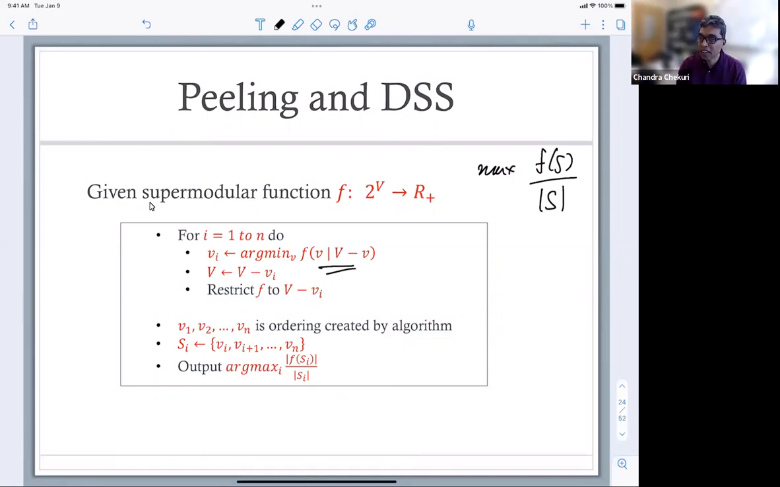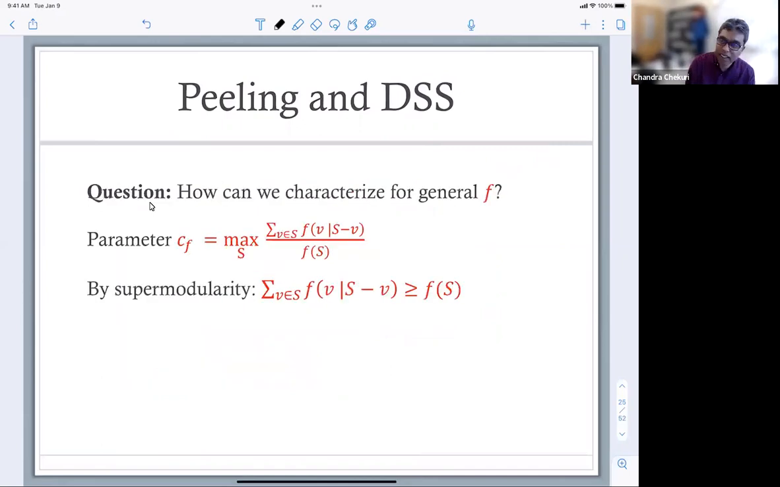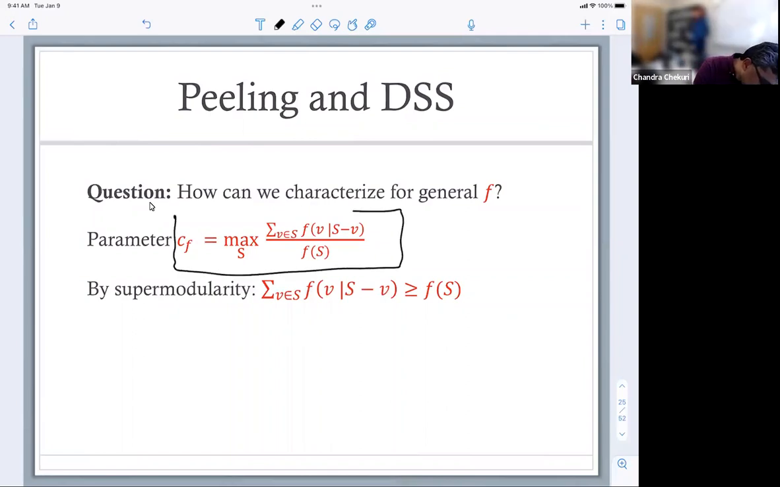Now we can ask, is this a good algorithm? Can you characterize its performance? What can you prove for this more general setting? So what we did was we said, how do we analyze this? And we defined this parameter called CF for any supermodular function. What is this parameter? This parameter says compare the value of f of S to